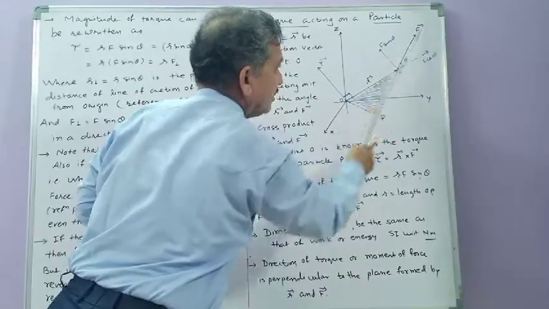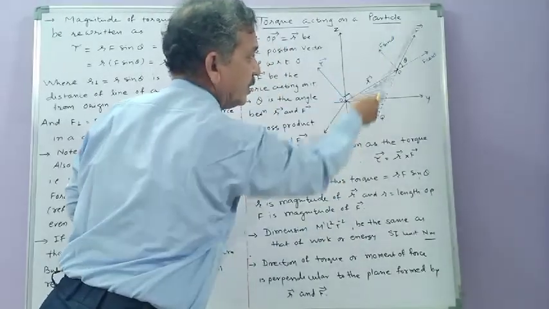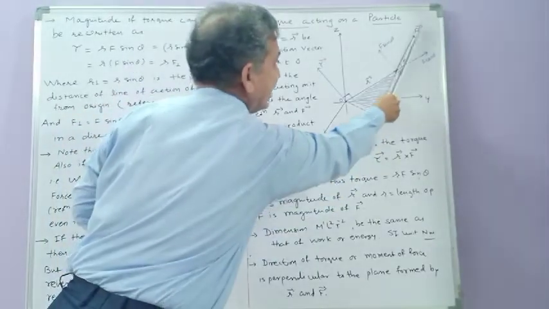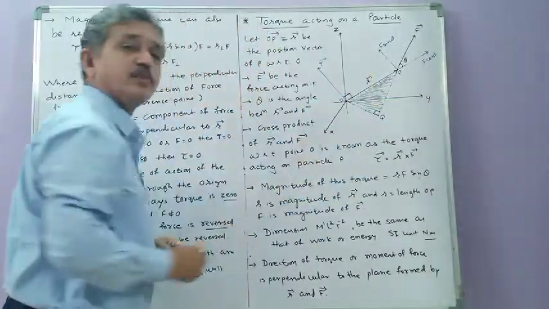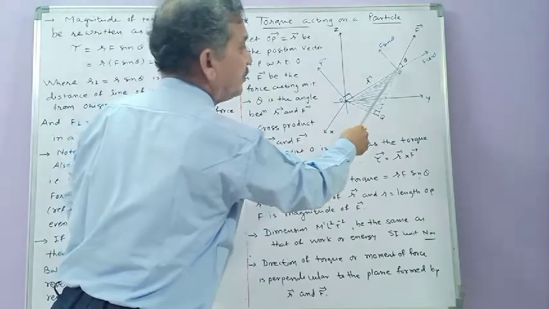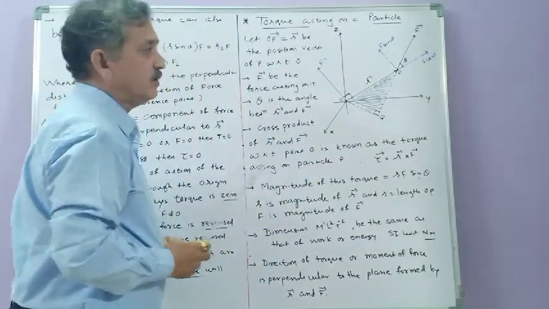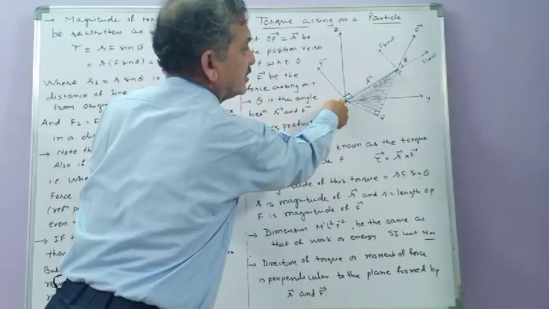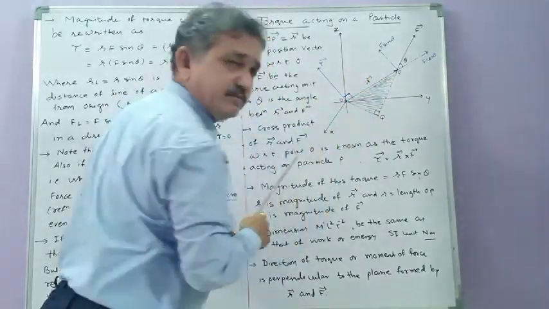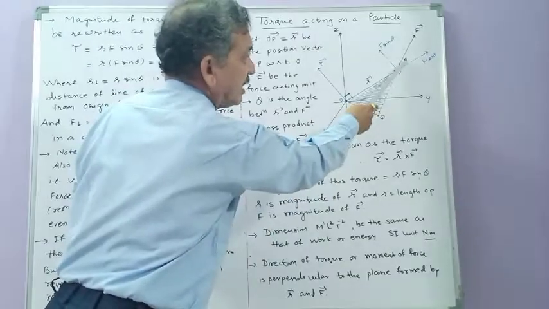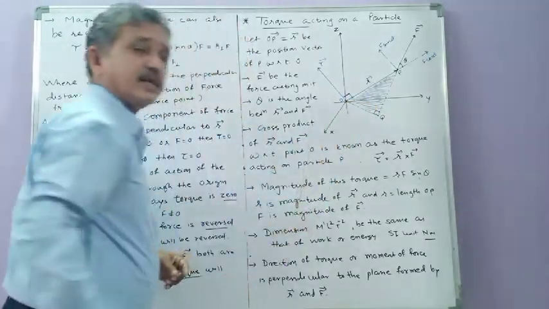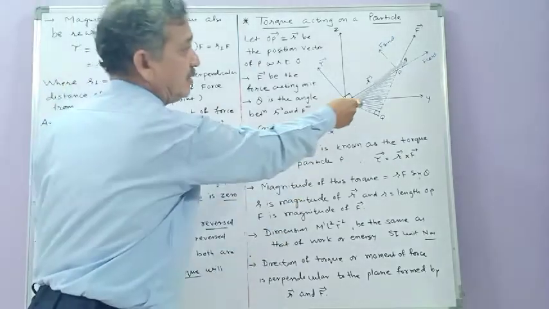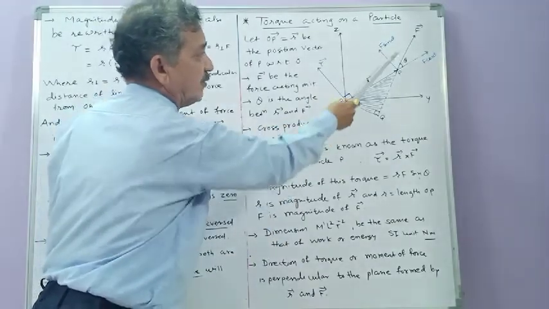देखिए ध्यान से, तो यहाँ से फोर्स लगा। अब ये फोर्स को पीछे की डायरेक्शन में एक्सटेंड किया, तो दिस एंटायर लाइन इज नोन एज द लाइन ऑफ एक्शन ऑफ द फोर्स। फ्रॉम द पॉइंट P in this direction the force is applied. तो फोर्स इज इन दिस डायरेक्शन, वेक्टर R इज इन दिस डायरेक्शन। ये वेक्टर R को मैंने पीछे की ओर एक्सटेंड किया, तो ये वेक्टर R यहाँ पे वेक्टर F के साथ जो एंगल बनाता है वो एंगल हुआ एंगल थीटा। तो थीटा इज द एंगल बिटवीन वेक्टर R एंड वेक्टर F।